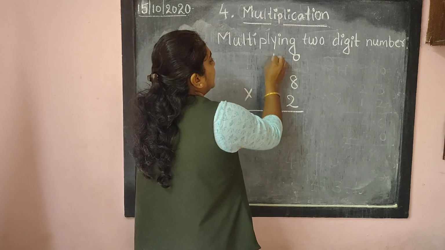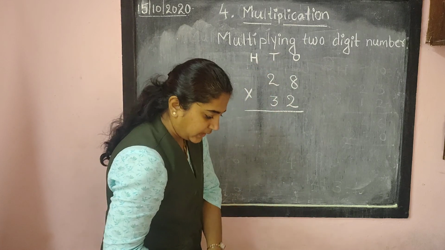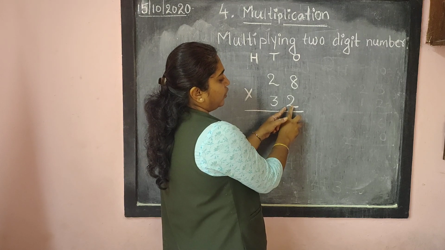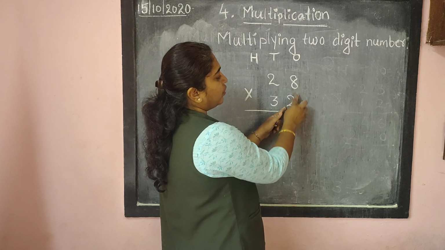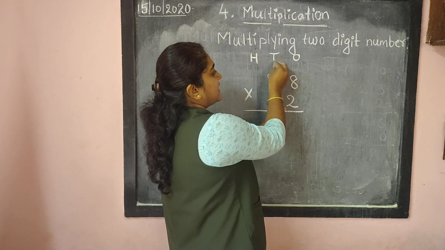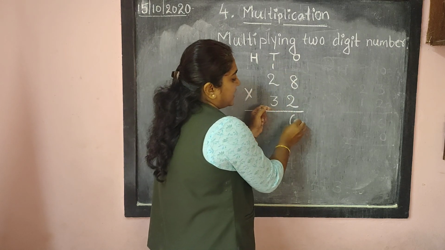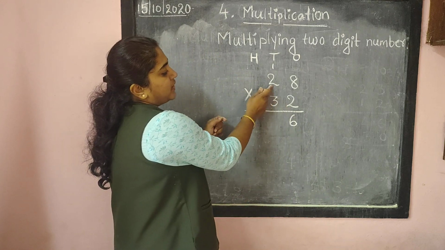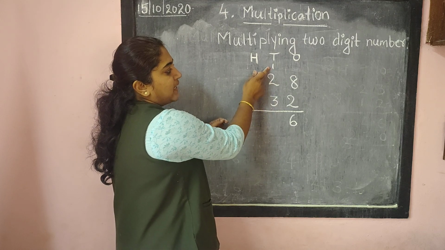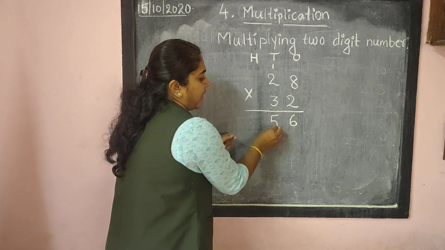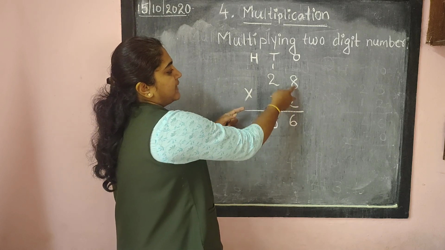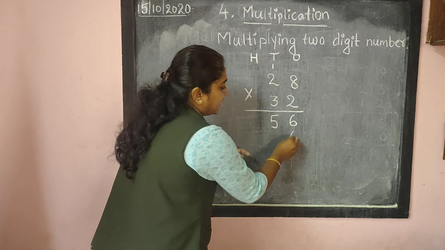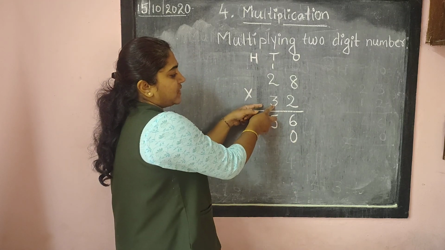This is ones place, tens place and hundreds place. Now, first start with this. 2 into 8. What is 2 into 8? 2 8s are 16. 1 is carry, 6 we have to write like this. And the next one is what? 2 2s are 4. 4 plus 1 is 5. Now over this, simply write 0 at the bottom and start with the next number now.